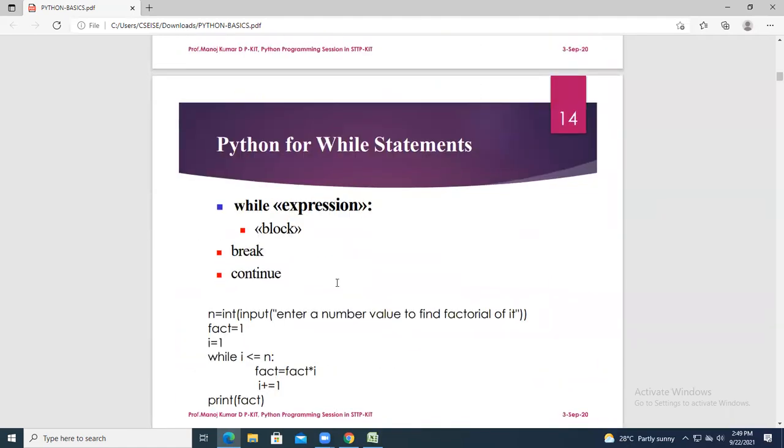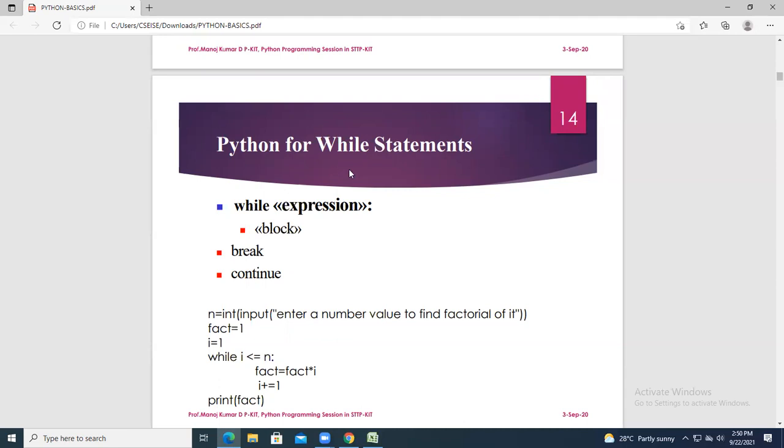So now you come for the while. See the differences. If the condition is true, the statement will be executed only once. If the condition is false, the else part will be executed only once. But when you come for the while and for or do while, if the condition is true, the statements can be executed n number of times depending on the condition.